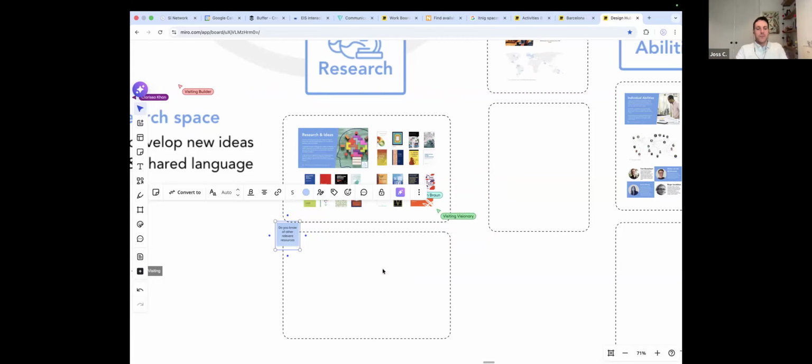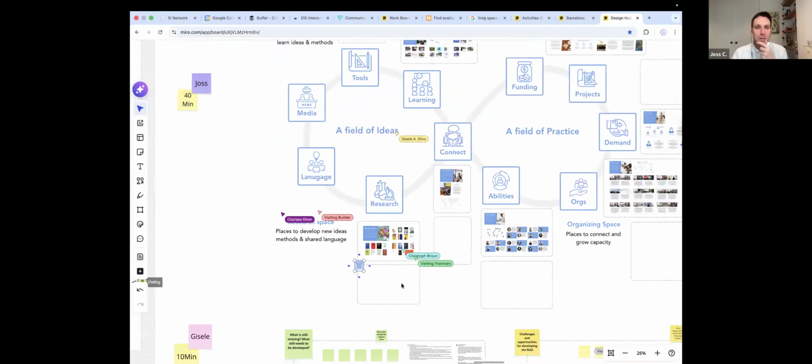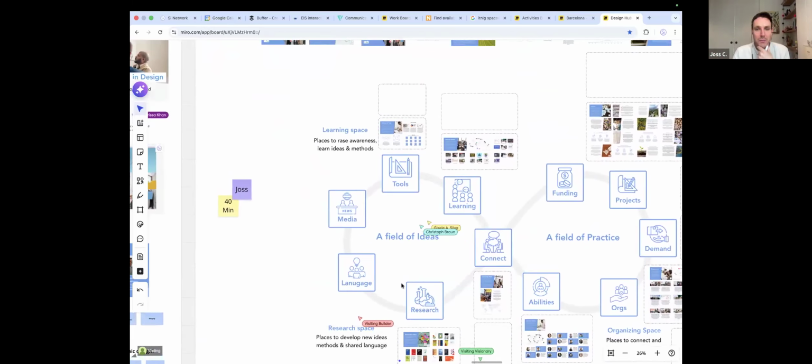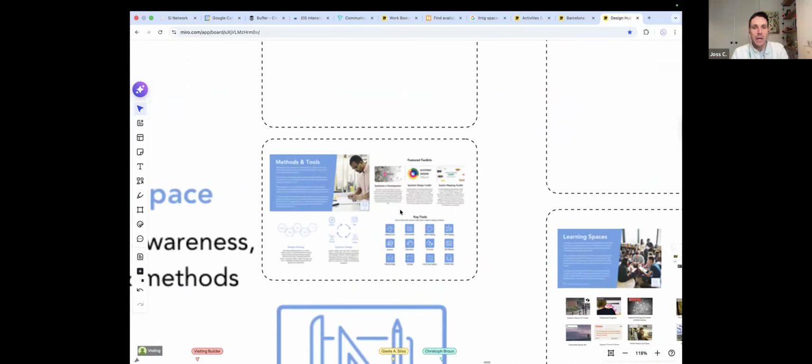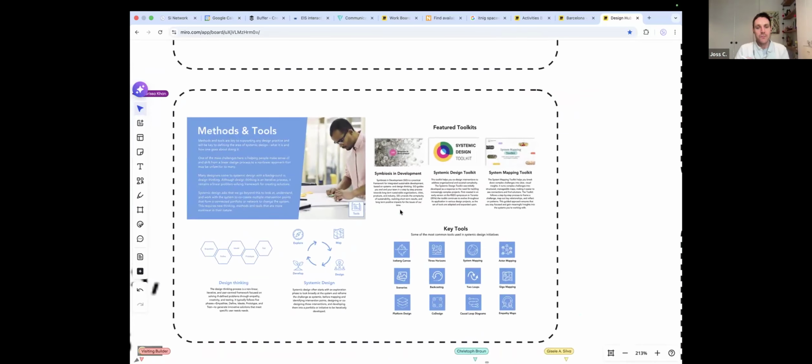So that's the first one there, research. I'm going to jump up now to tools. And there may be a bit of a gap in this area actually. It's part of what we want to hear from you in a minute about where you see gaps and opportunities and so forth.